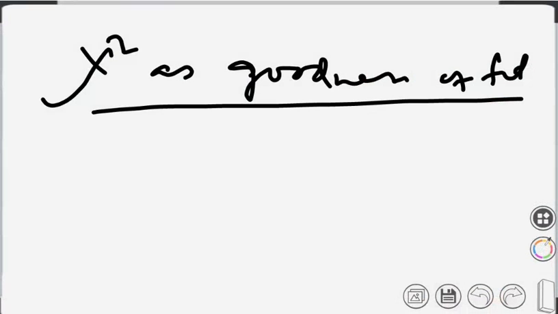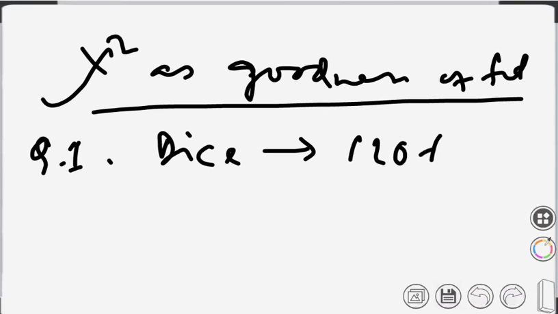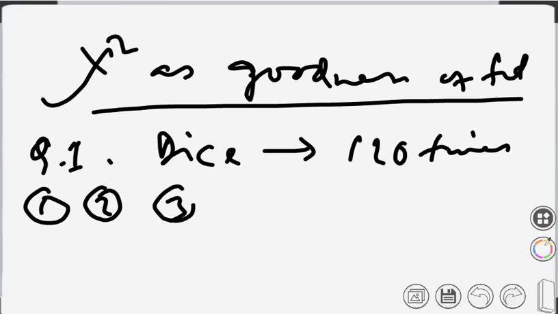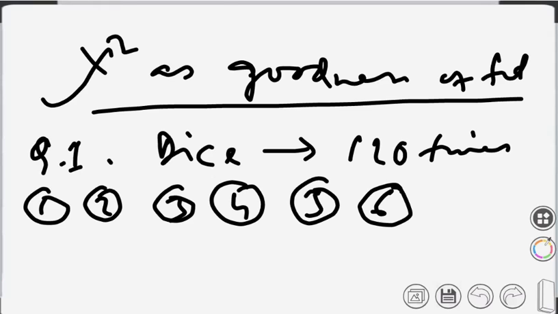Please write the question. A dice is thrown 120 times, and the six faces 1, 2, 3, 4, 5, and 6 came up 20,